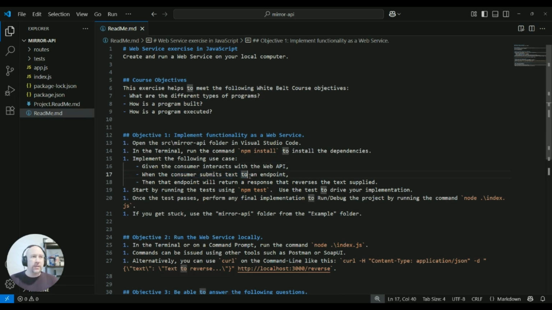When the consumer submits text to an endpoint, as a reminder, an endpoint is a URL with an HTTP method, which would be get, put, post, patch, delete, one of those. So the combination would be an endpoint. So when text is submitted to that endpoint, our code that we're going to write will return a response, and this is going to be in JSON, that reverses the text that was supplied. So whatever text they gave us, we're going to reverse it and send a JSON response that includes that text